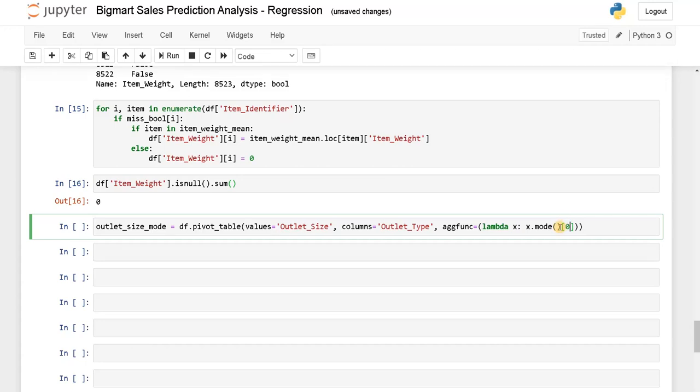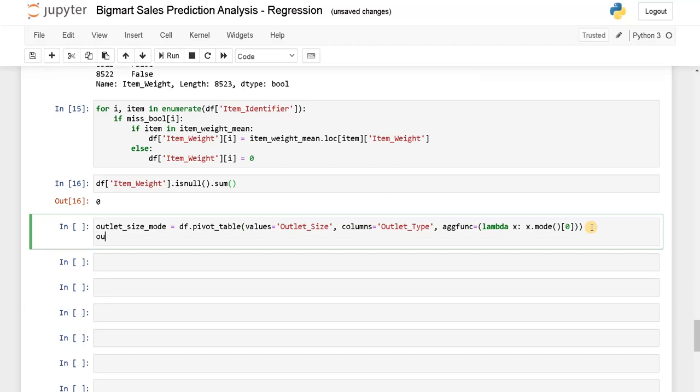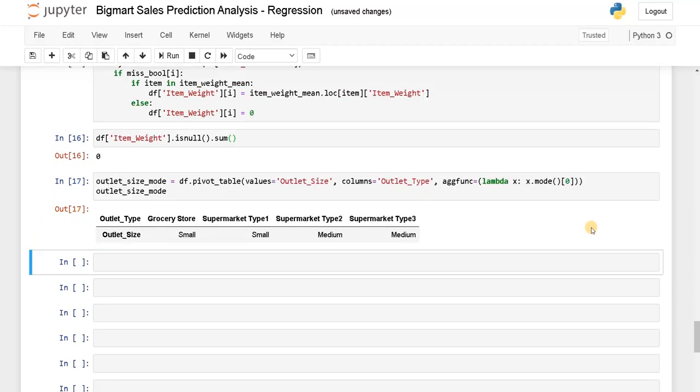To get the mode value, we will use this index operation of 0. Okay, let's display this. Run it. Now for the corresponding outlet type, we have the outlet size. These are the mode values of the corresponding outlet type.